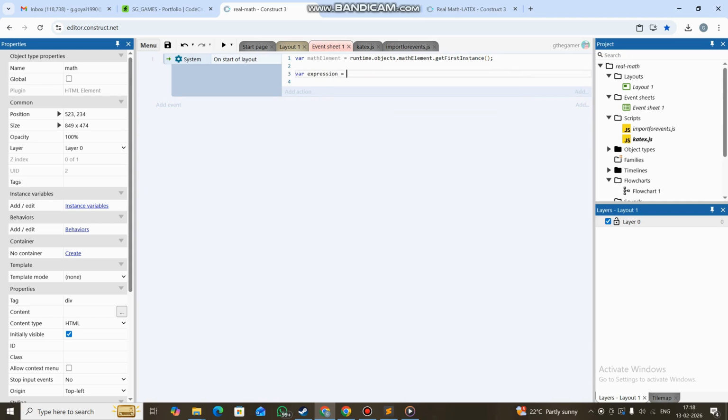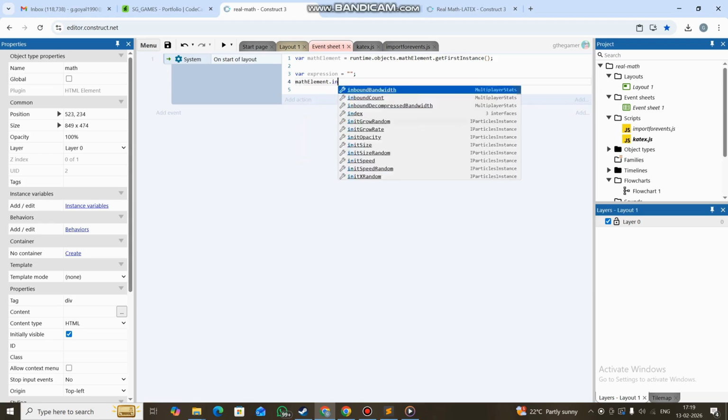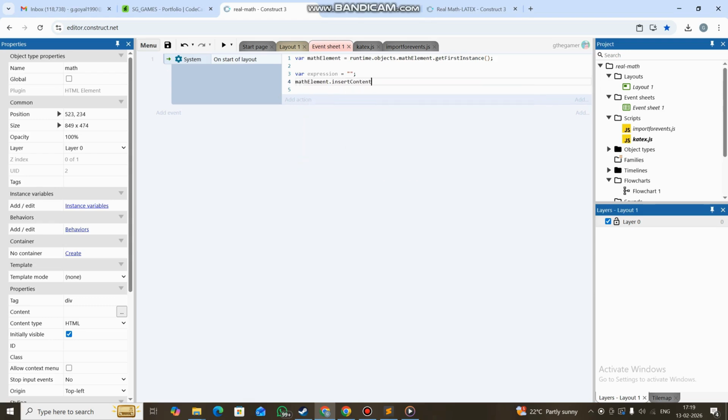It's a string, it's a math string which we are going to take from the KaTeX.org. Right now I'm just leaving it empty. Okay, so we say mathElement dot insertContent, and here we're going to call our function renderMath and pass the expression. Okay,